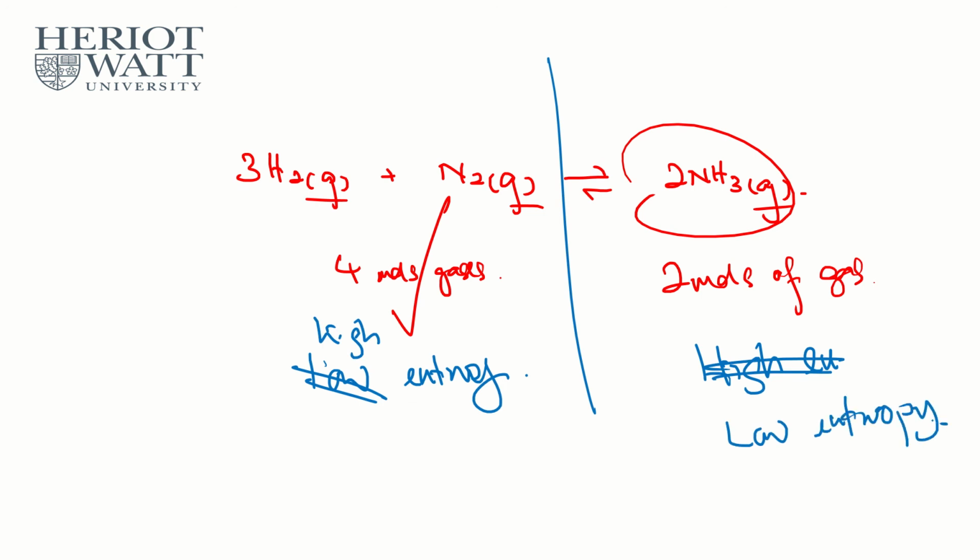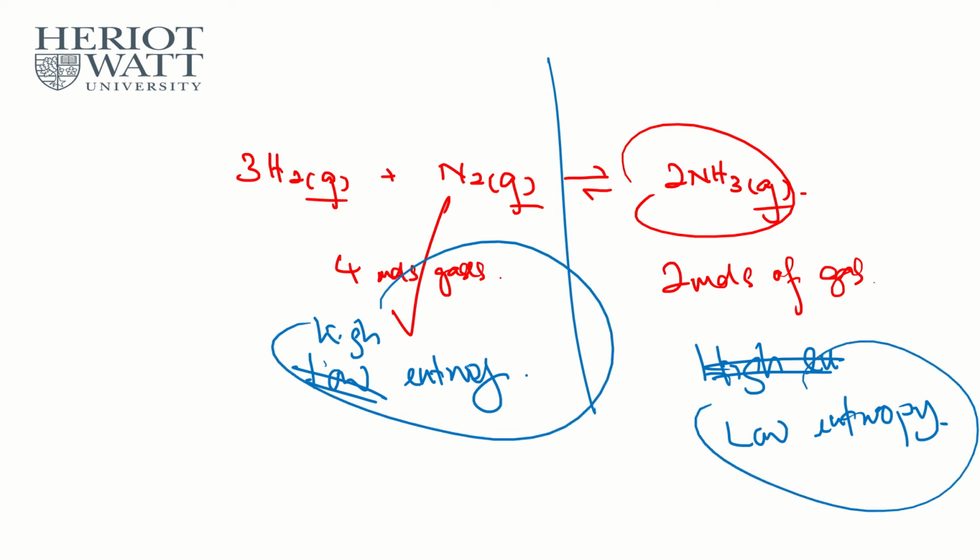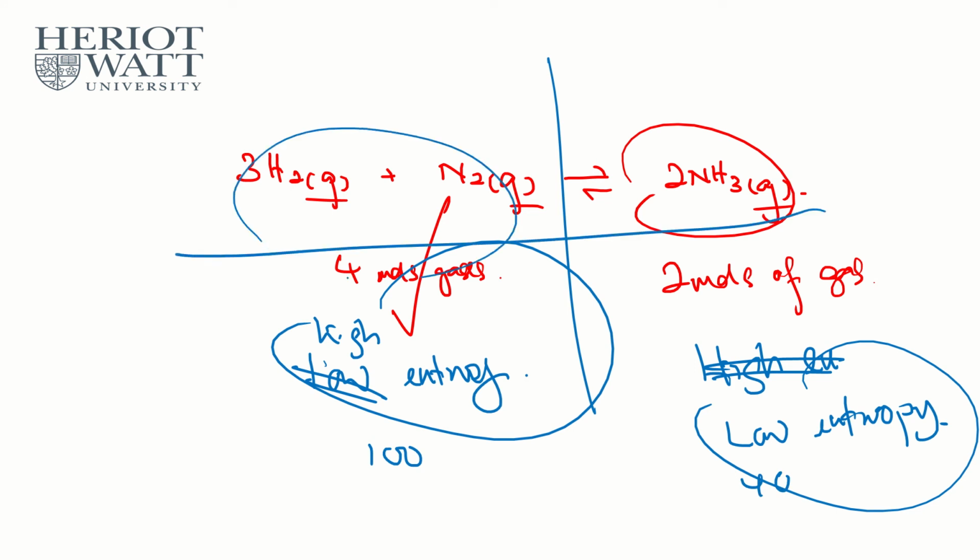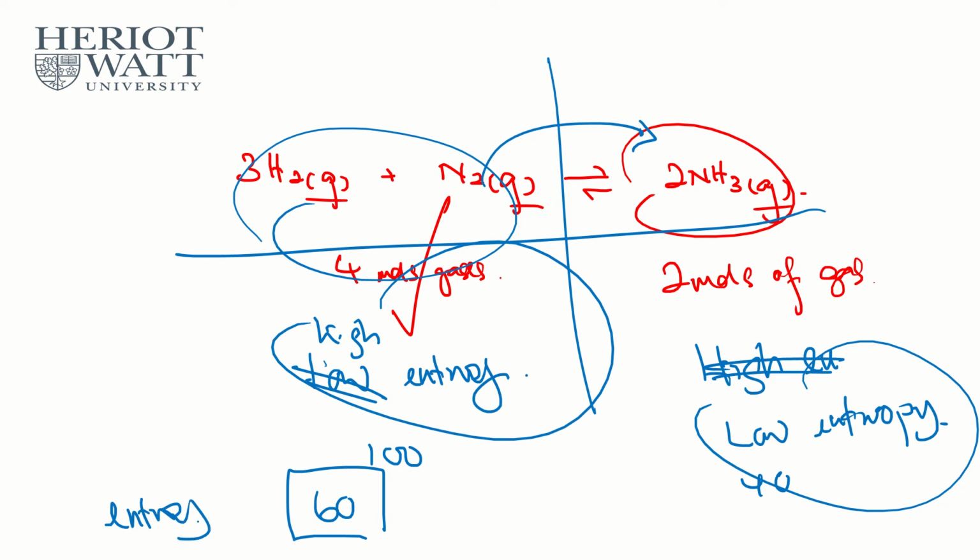Because to measure the disorderness. So high and low, I have a high value here, I have a low value here. Let's say, for example, the high entropy is about 100, and then for low entropy, it is about 40, just an example. And what is the entropy change during this reaction when you change from the reactants into the products? The difference between 100 and 40. So you just use 100 minus 40, and then you're actually getting 60. So 60 is the entropy change of this reaction,